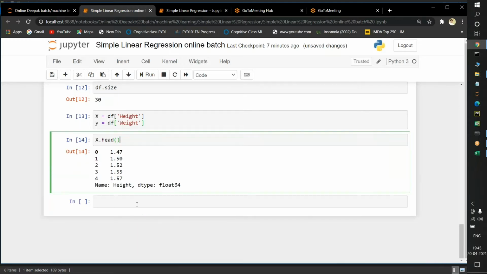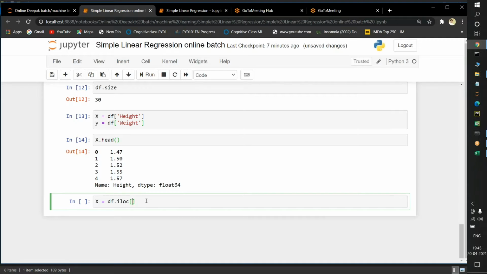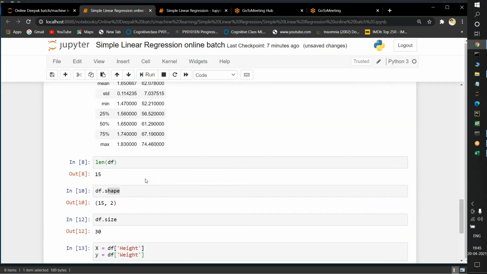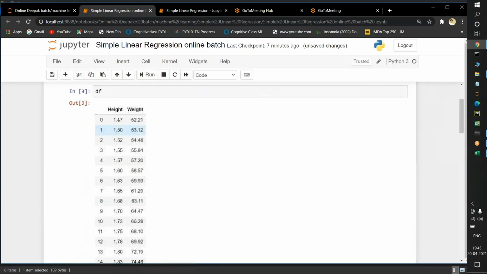So this is one way. I can also write x is equal to df.iloc, where I select all rows, but I want only height as x.